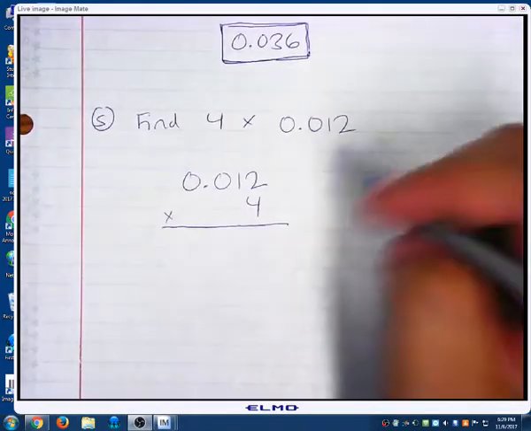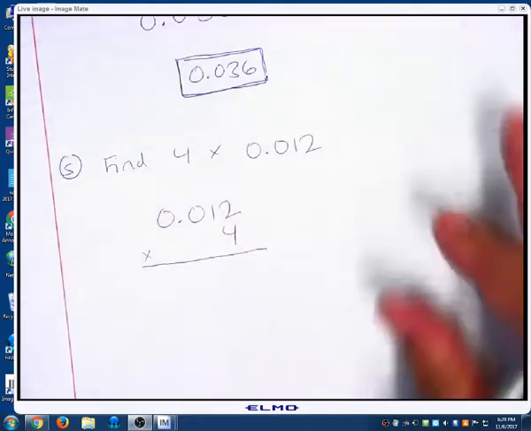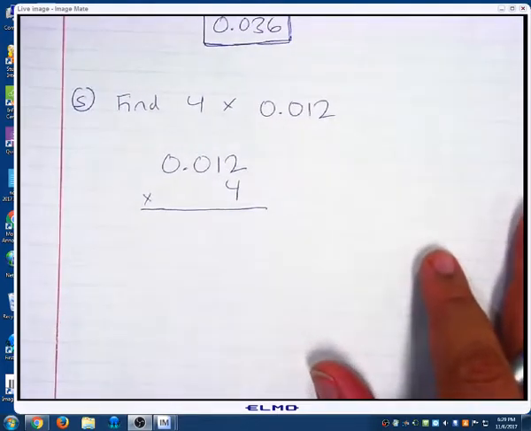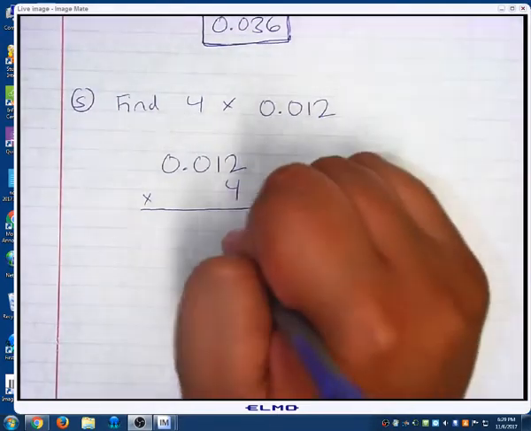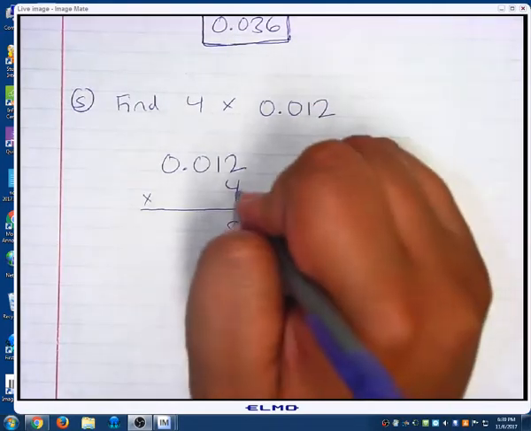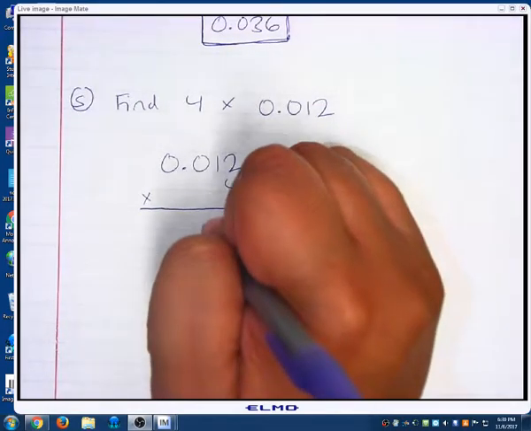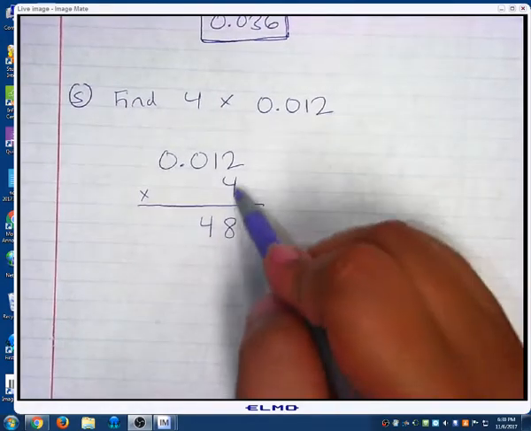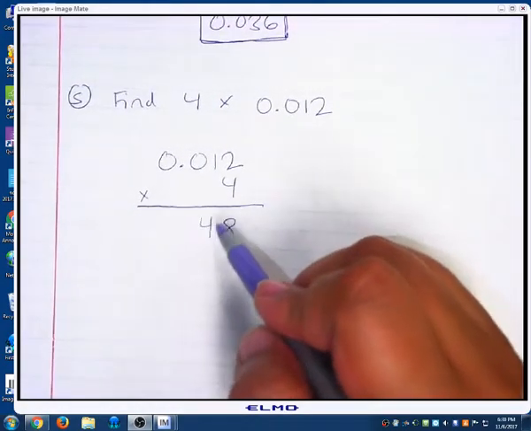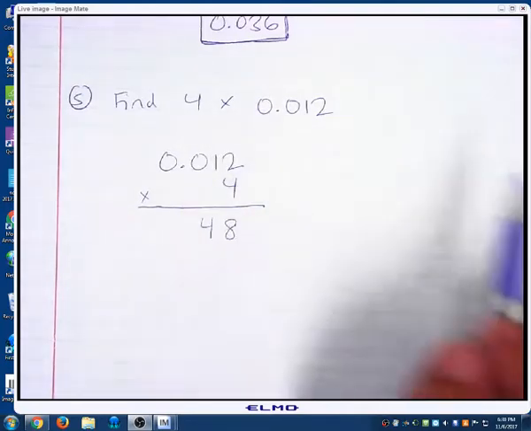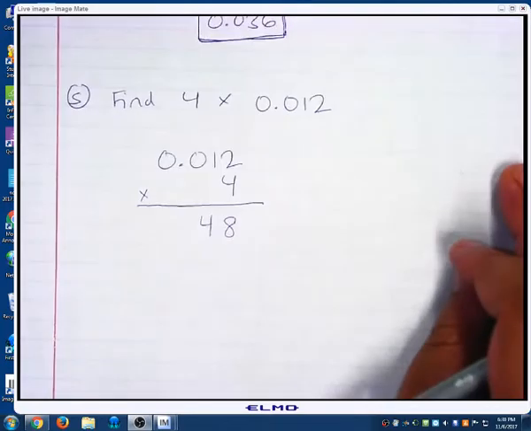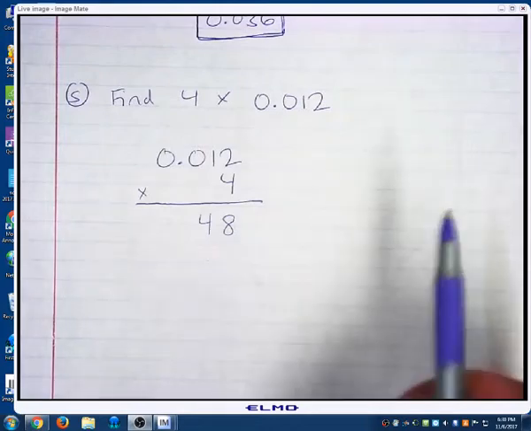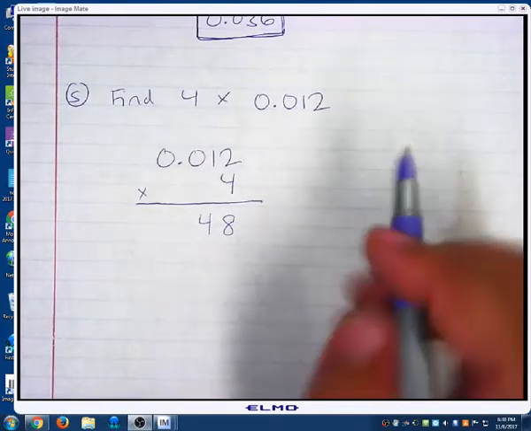And again, I line these last digits up so now I can multiply just like I would normally. 4 times 2 is 8. 4 times 1 is 4. No carrying, no second digit to multiply. So I'm pretty much done, but I know I have to put a decimal point, which means